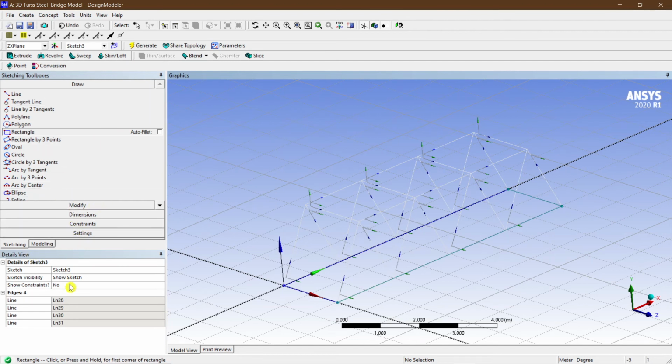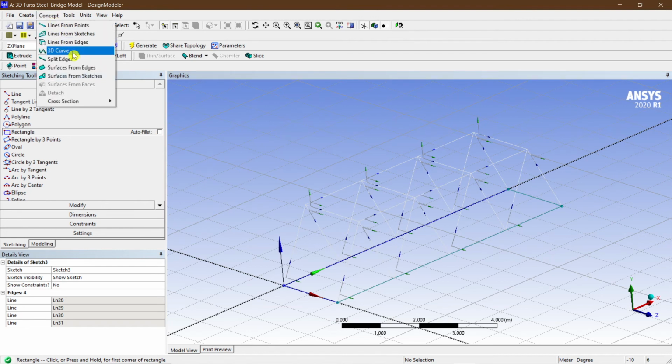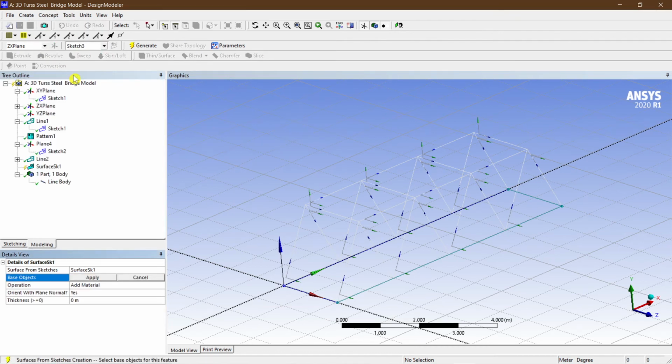After creating the rectangle, you need to go here, create. This is an auto fillet, so not necessary. So, concept, surfaces from sketches, not lines. Now we have to create surfaces from sketches.